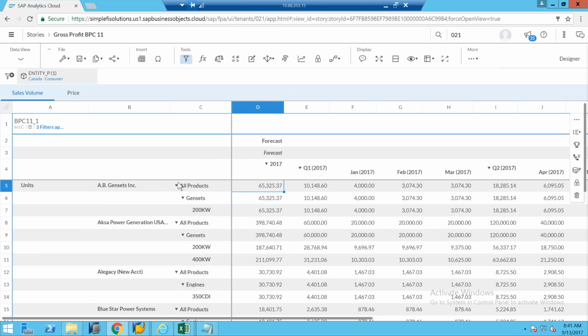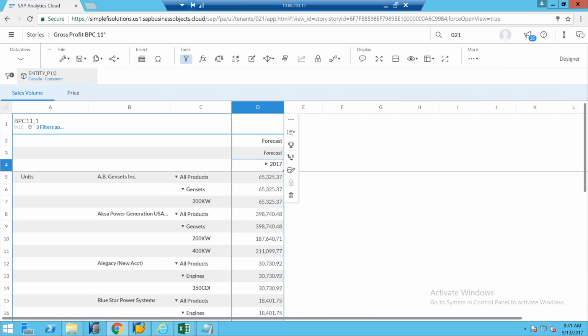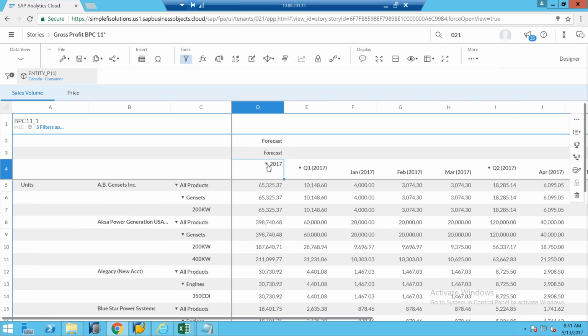So within this template, we're planning units. We have this by customer as well as by product. We have our out periods in the columns. We can look at this for total 2017, or we can look at this for quarters or individual months. Whatever level of detail makes the most sense. And as I was mentioning earlier, one of the cool pieces of functionality is that an account exec coming into this template, I can take an entire